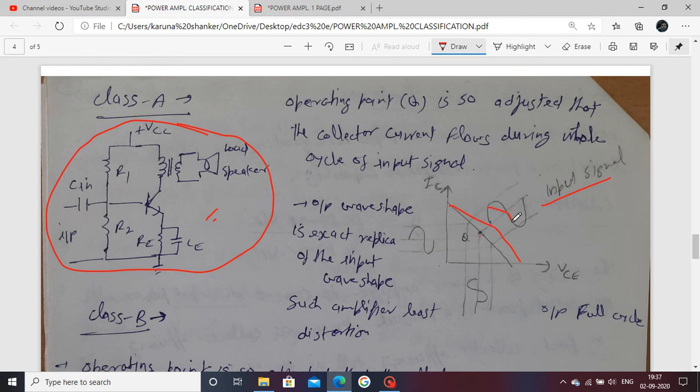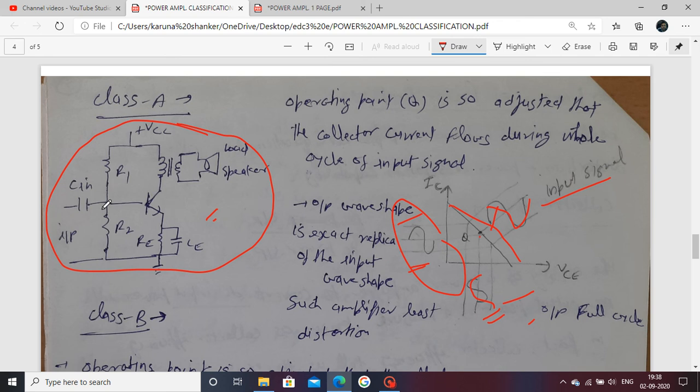Now the input is applied. The output shows as a waveform, and you can consider only one output. When the input signal is applied, a complete cycle also comes out. There is a 180-degree phase shift here because there is a single transistor, which is why there is a 180-degree shift in common emitter. A complete cycle comes out.